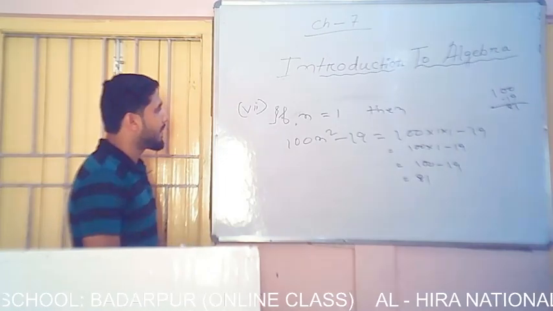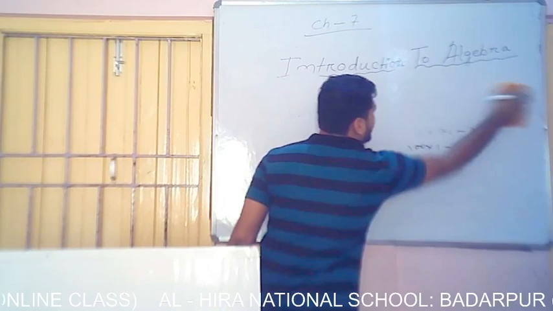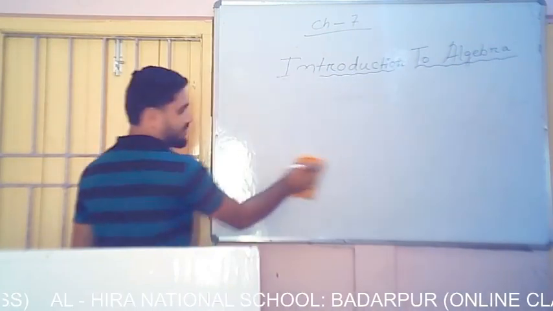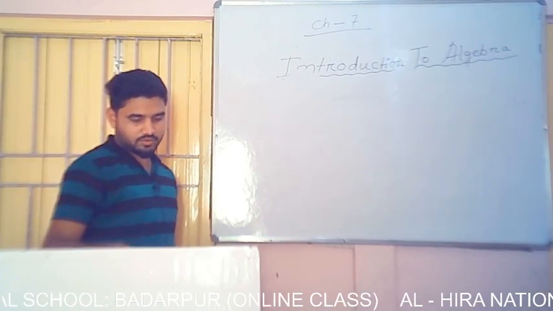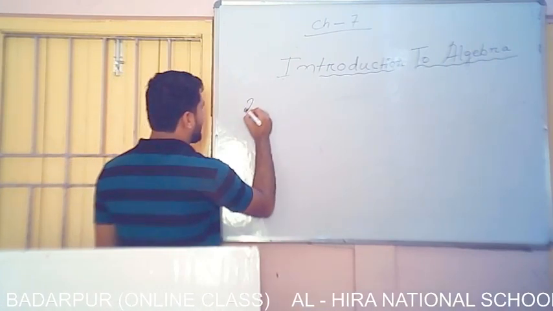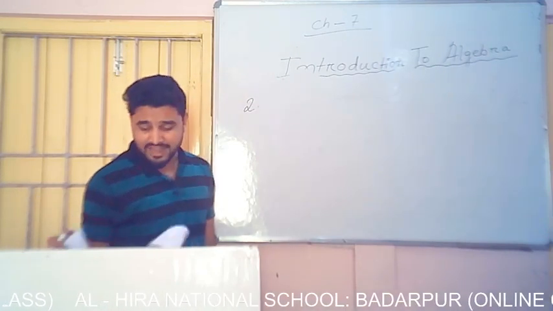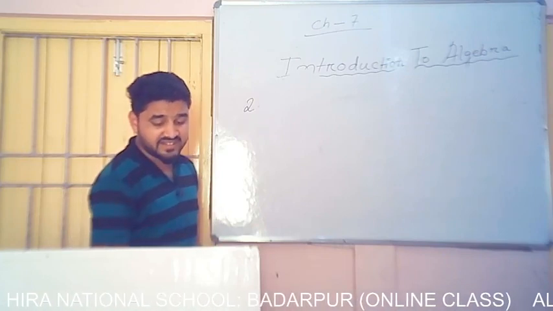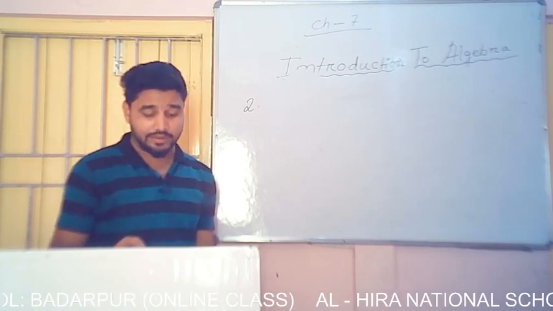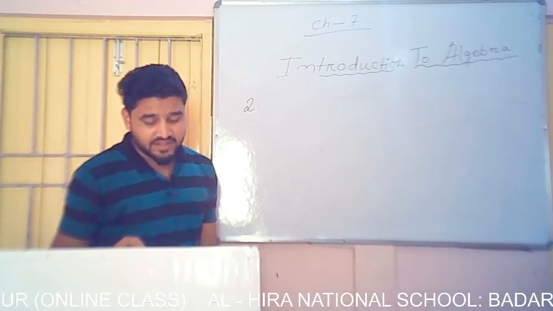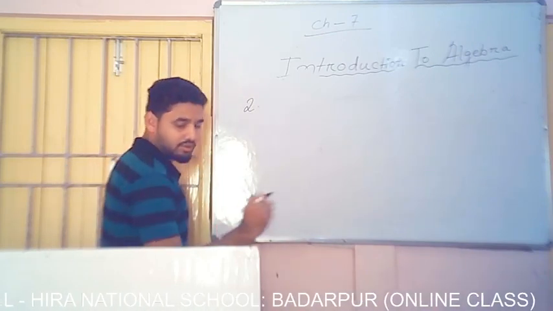Now come to question number 2. It is also the same as question number 1. Here it is given, if a equals 5, b equals 6, and c equals 10, find the value of 3c by a. Then you have to find the value of this term. So write given